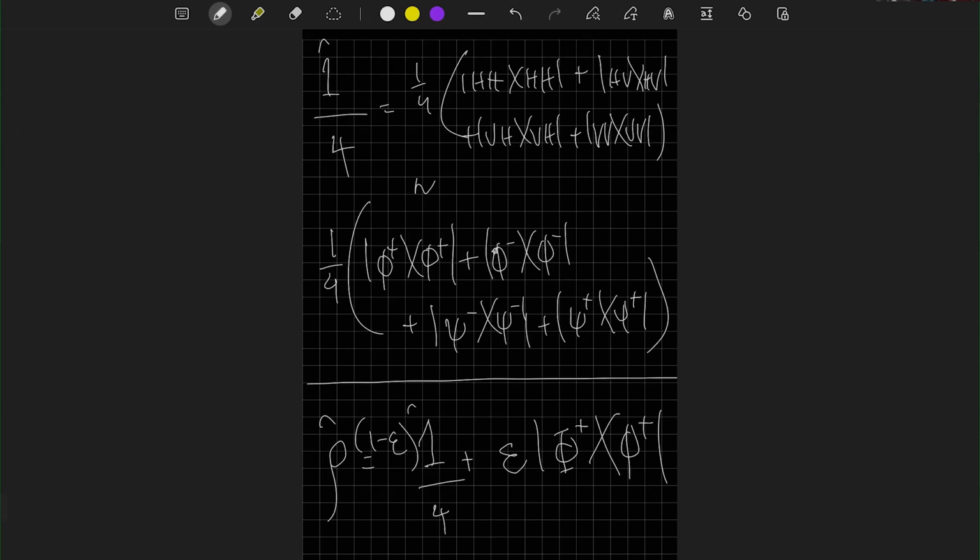Okay, so it all depends upon how much epsilon is. Intuitively, if epsilon is large, then there is more entanglement in it. If epsilon is small, there is less entanglement. In fact, there are bounds. There is a threshold for epsilon. Beyond a certain value, the state will be entangled, and less than a certain value, the state will